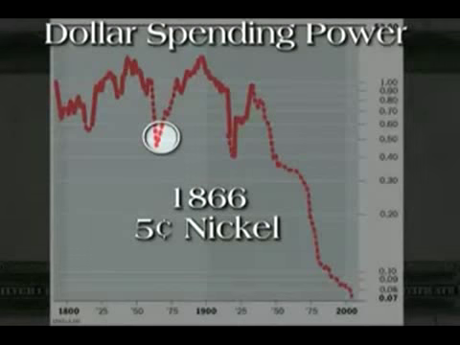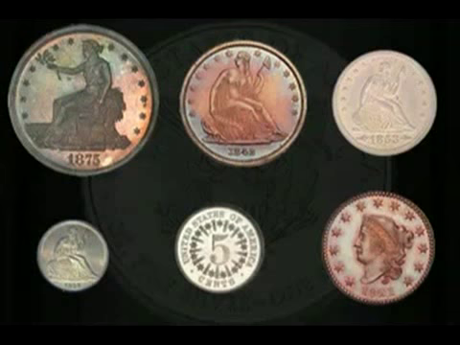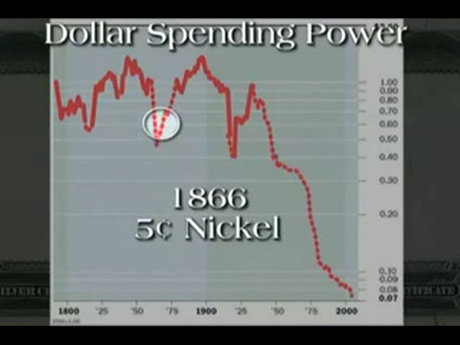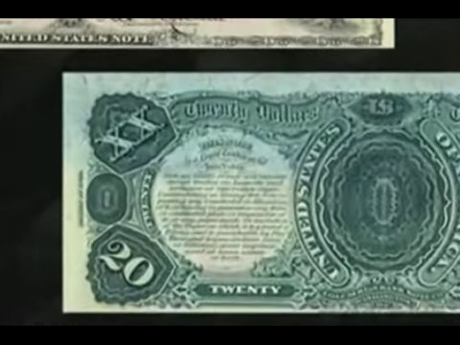After the war, the Mint resumed coining money. They replaced the silver dime with a 5-cent nickel, allowing the mint more silver to quickly rebuild their reserves. The dollar climbed back up, even going through periods of increasing spending power. But the U.S. government was still issuing paper dollars in the form of U.S. notes. Notice the legalese on the back.